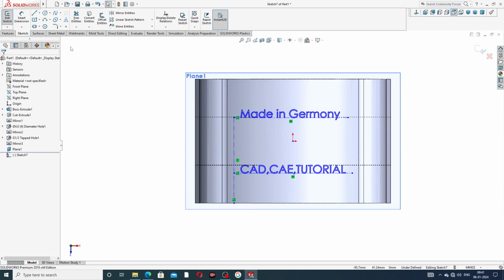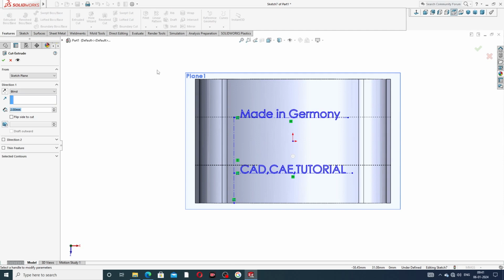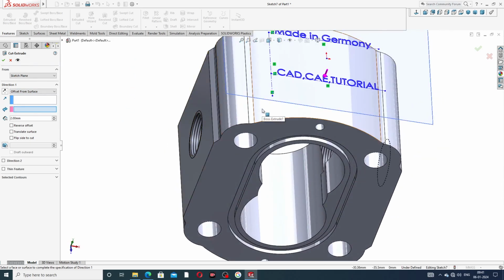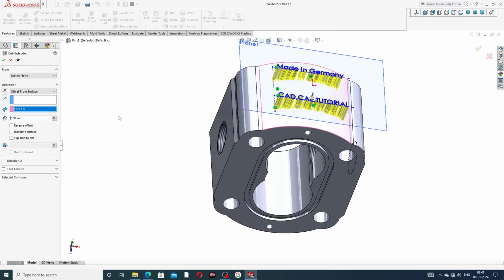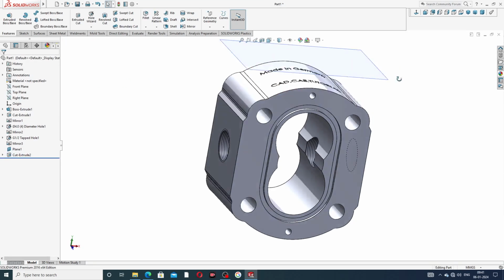Both are written letters, and go to Extrude Cut, and Extrude Cut uses offset from surface. Okay, and select this surface. Okay, and use 2 mm. Okay, this 0.4 mm is perfect. All and direction is reverse, offset is perfect, all is correct and perfect. And this letter is